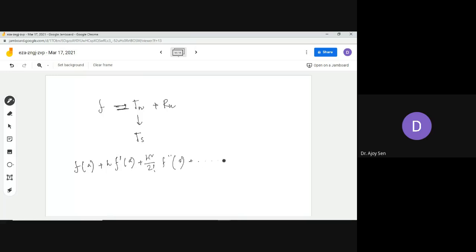You see in the previous case that we cut down after a finite number of terms, after n terms or n minus 1 terms. But whenever you are talking about this series, the powers are going towards infinity. H to the power infinity will be there. So this thing is called Taylor's infinite